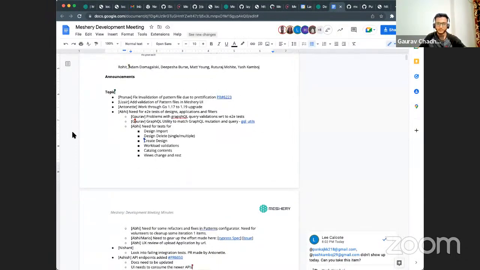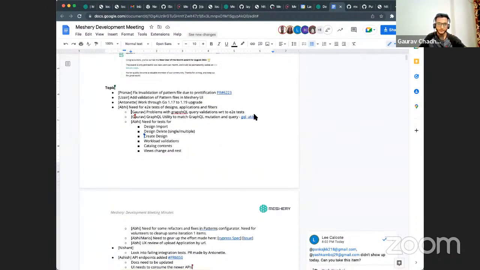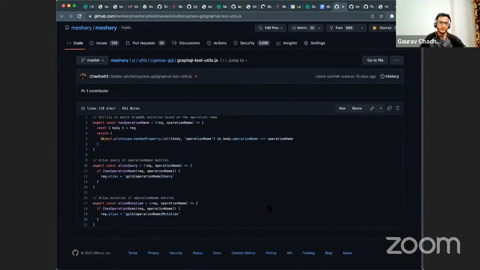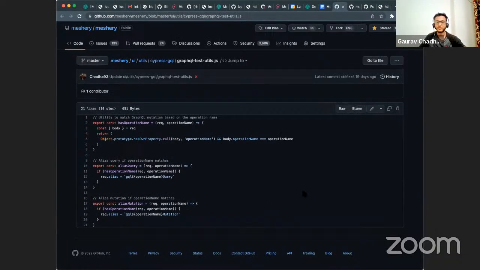Yep, that GQL Utilities. By using these GQL Utilities, we have to set the operation name and the request body according to the request that we are sending for fetching the filters and designs.